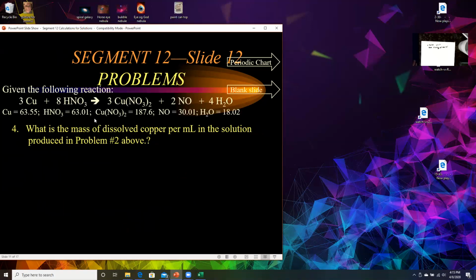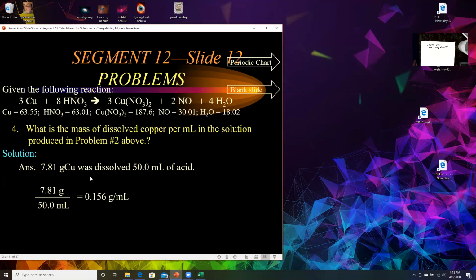Okay, what mass of copper dissolved per milliliter in the solution produced in problem number 2 above? Well, let's flip through this. Now, I would get 7.81 grams. It would be in 50 milliliters. It's 0.156 grams per milliliter, that's a lot. But anyhow,